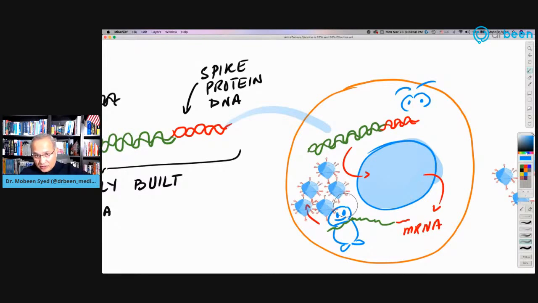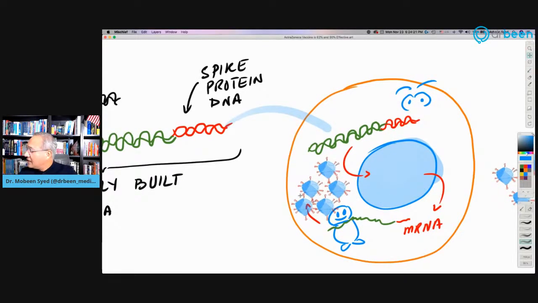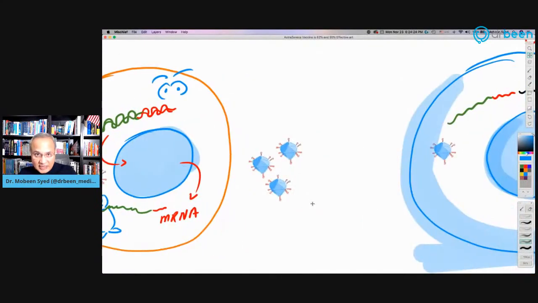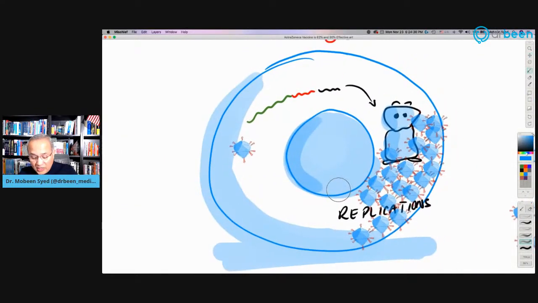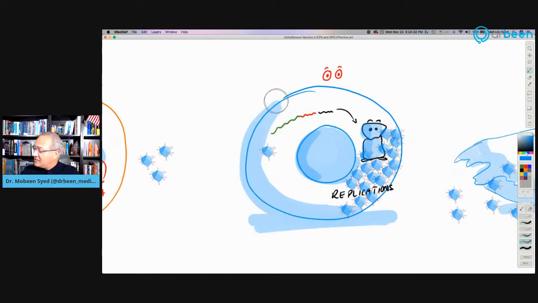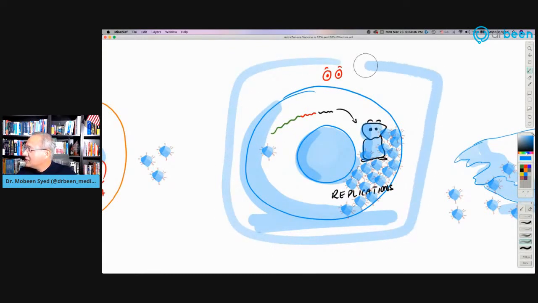Now, this is all happening outside in the lab. These viruses now, which are formed, have the adenovirus packaging. Inside is the mutated or changed DNA. That DNA does not have the capability of replication, but it does have the spike protein DNA attached to it. These viruses are then taken out of these cells and then they are injected into one more kind of a cell. This cell is where I think these are called MR5 cells.